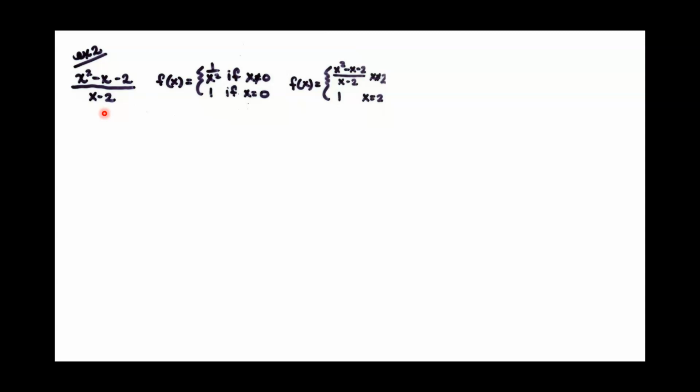So if I'm looking for where a function is defined, the only thing I need to be worried about are domain issues: 0 in the denominator, negative under the square root of an even indexed radical. So when we're looking for where the function is defined, we can just think domain. So if I'm looking at this first